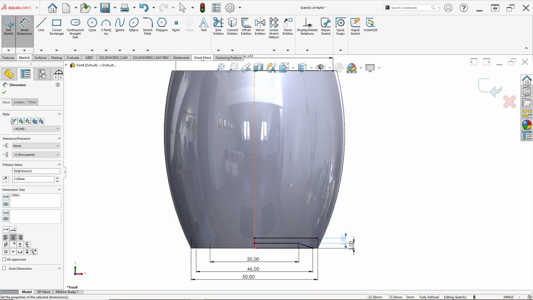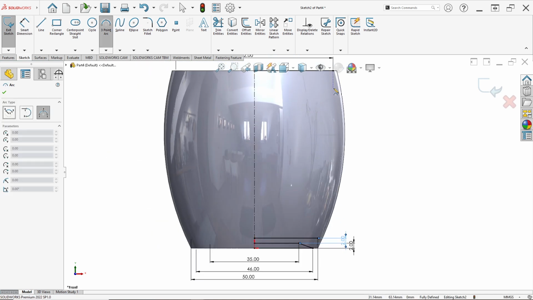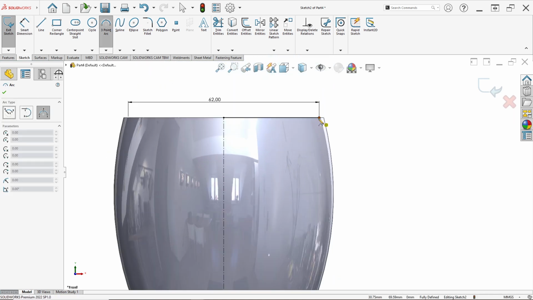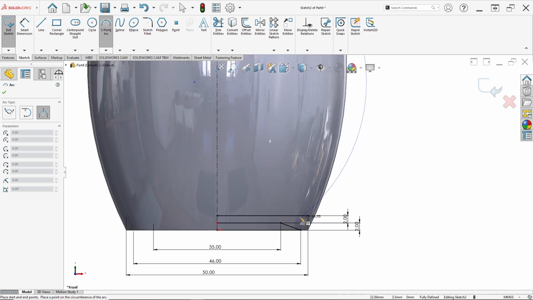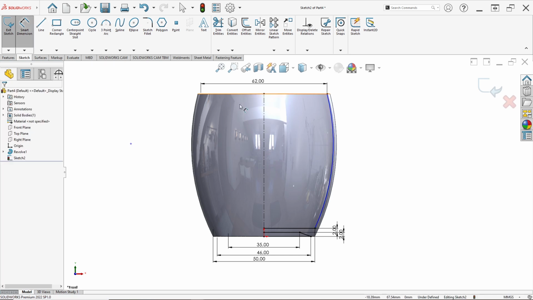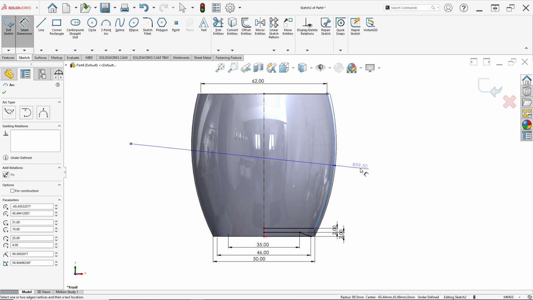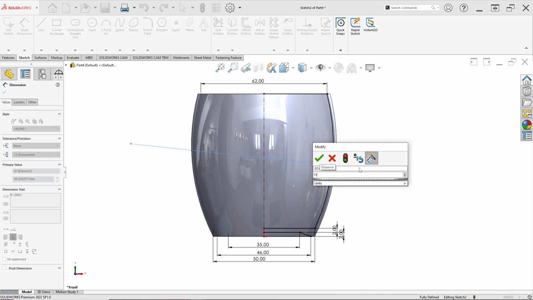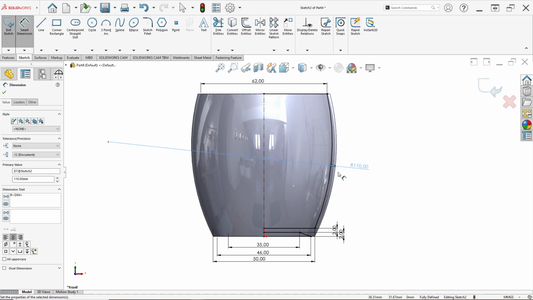Then draw a 3-point arc again, from this point to this point. Then set the dimension for this arc to 110 like this.